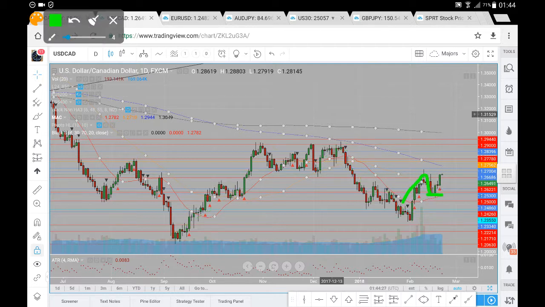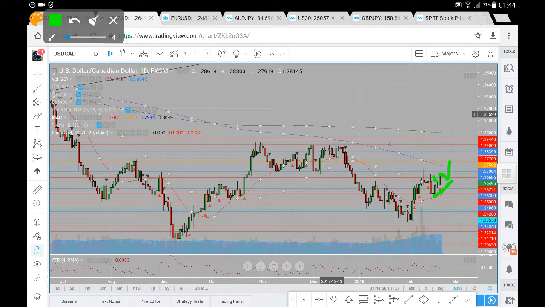We've had this move upwards. We've posted a low there, a higher low there. We do look poised for further upside continuation. Two very strong candles, a doji in between, but two very strong candles nonetheless. We do look poised to test these most recent highs off this bearish pin bar just there. So we do look poised to test those highs after posting these two bullish candles coupled with a bit of